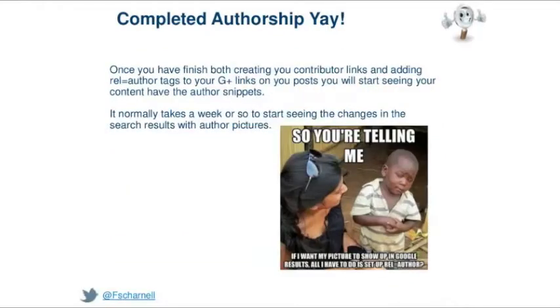So once you do those two things, you actually are going to be completed with your authorship. Again, you can have as many contributor links and you can write on as many blogs as possible. As a matter of fact, that will obviously help your author rank as you have more quality content posted. It will create a bigger reputation for you throughout Google. And you should start seeing your author-rich snippets in about a week. It really varies depending on how long it takes Google to crawl through all of those links and find your